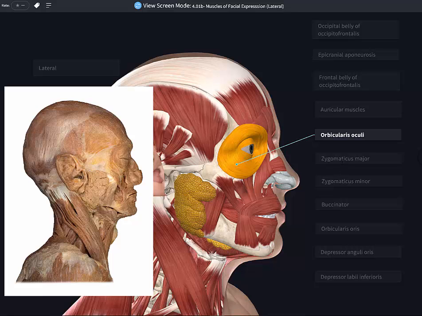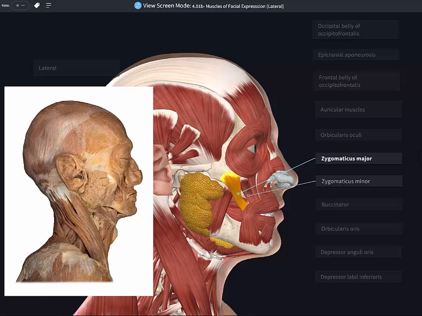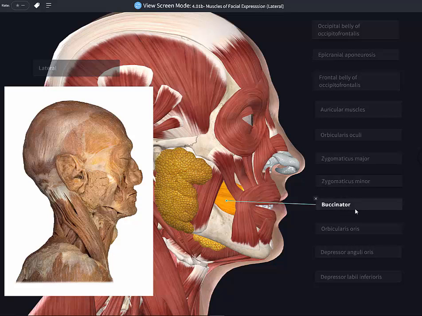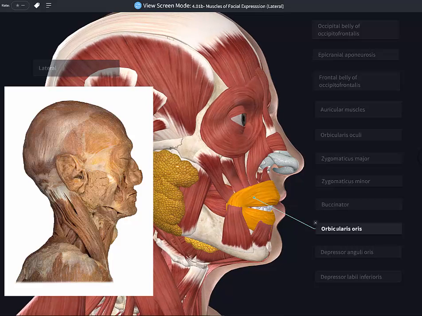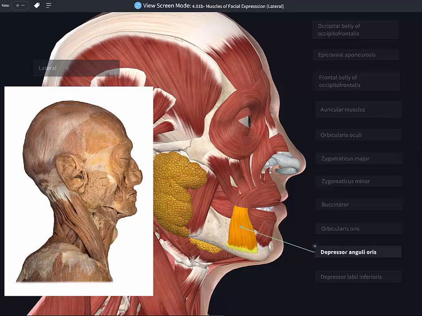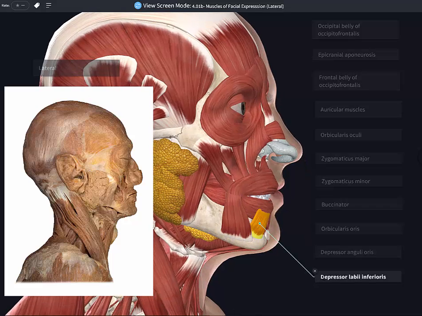the palpebral part. We have our zygomaticus major, and close by the zygomaticus minor, we have the buccinator or buccinator, however you would like to pronounce it. I've heard it either way. You have the sphincter around the mouth named Orbicularis oris, the depressor of the lower lip, depressor anguli oris, the depressor of the angle of the mouth, and this is the depressor of the lower lip, the depressor labii